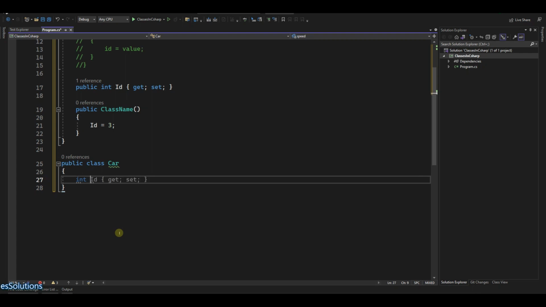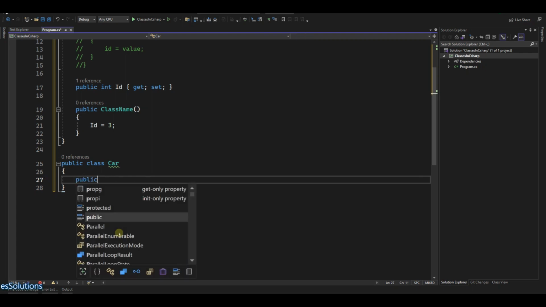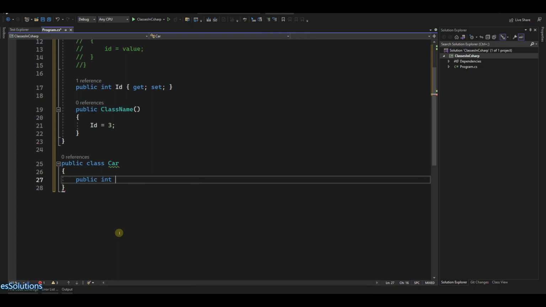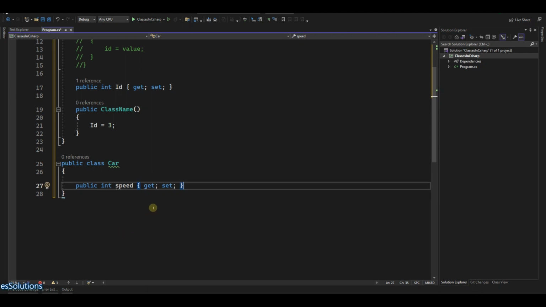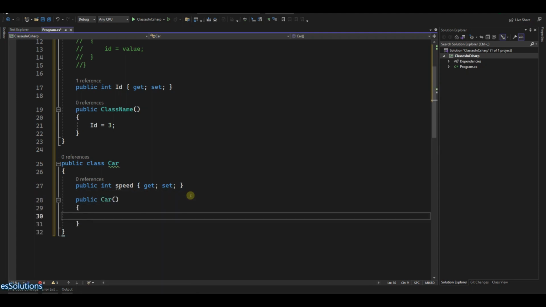So let me use this property: public int Speed, with our getter and setter. A car will always have a speed, and we can now say that the initial speed of a car is going to be